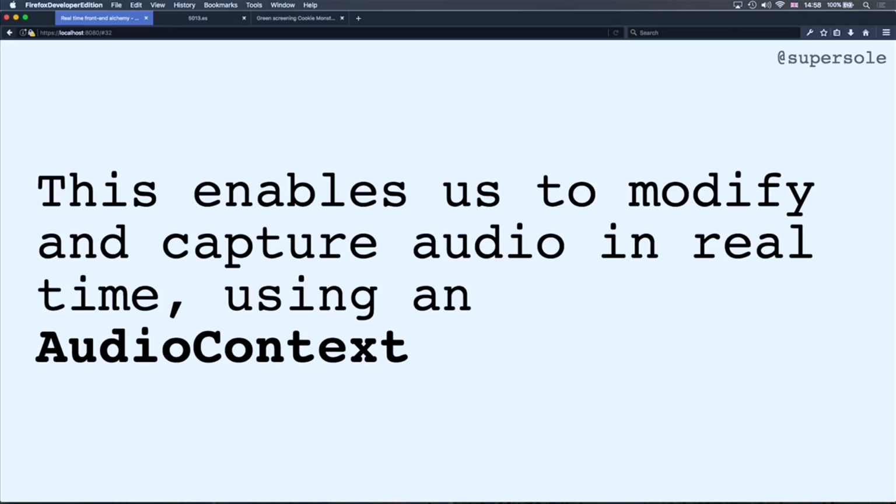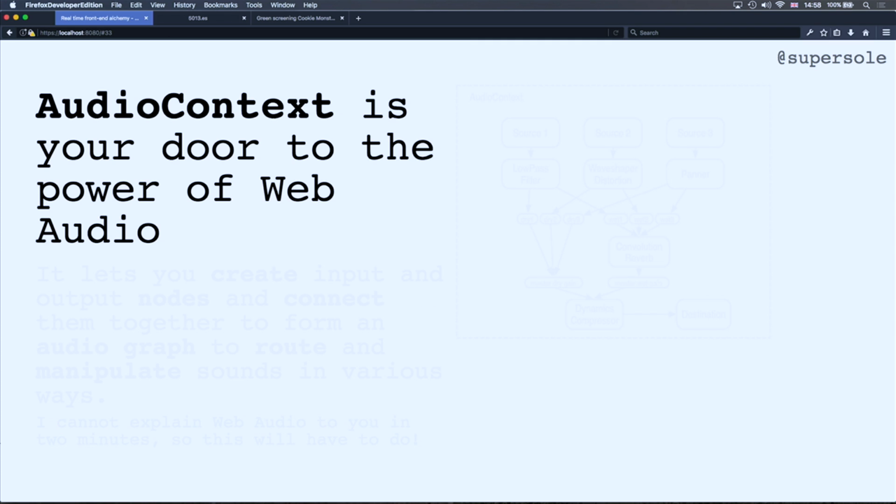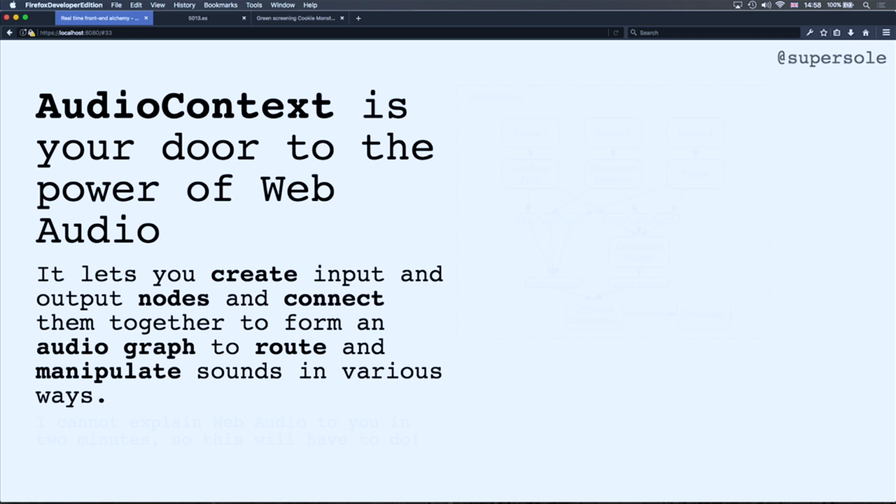So what we do is create this node in the context of a web audio context. And so we can modify and capture the audio and do all sorts of things in real time within the web audio context. And what's the web audio context? It's the door to the power of Web Audio. And Web Audio is this magic thing that lets you connect nodes that you can create,